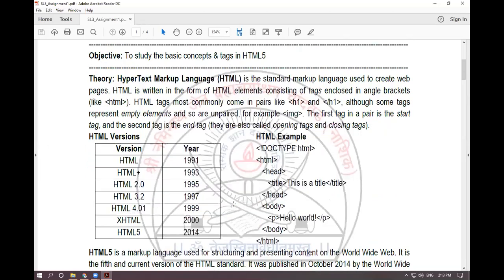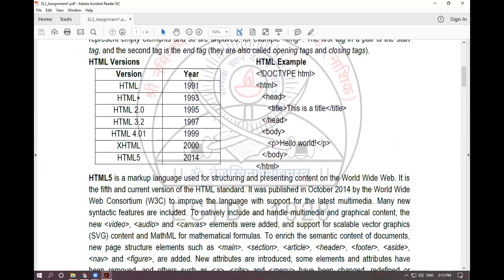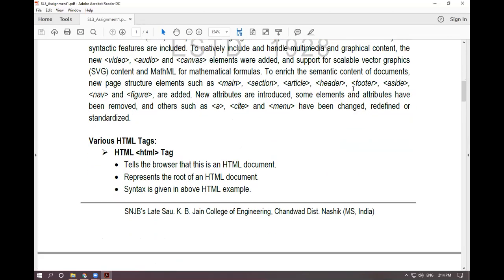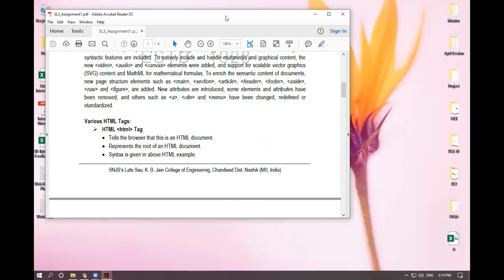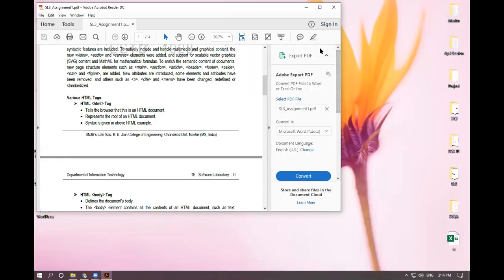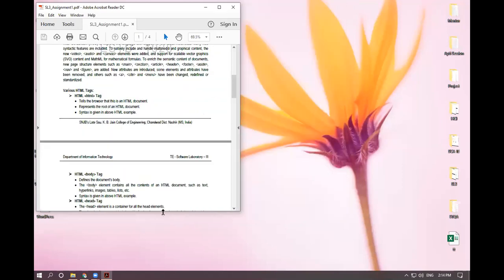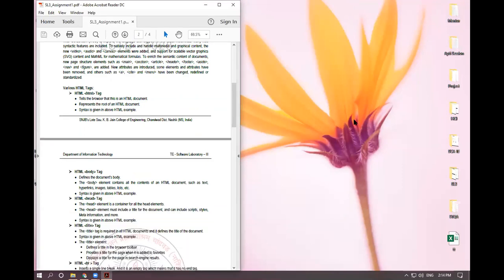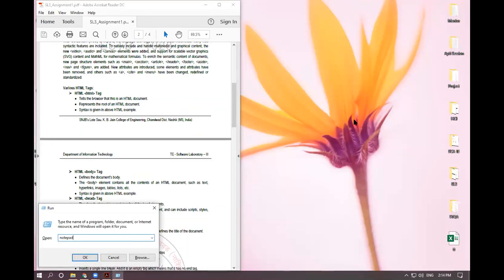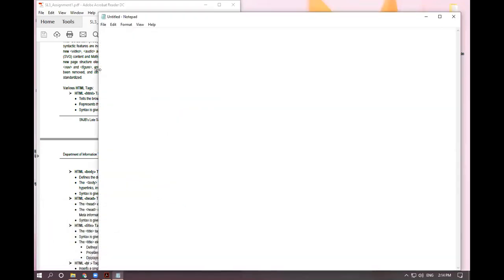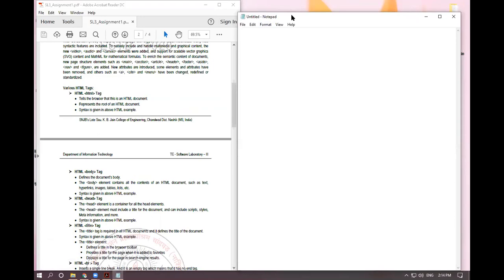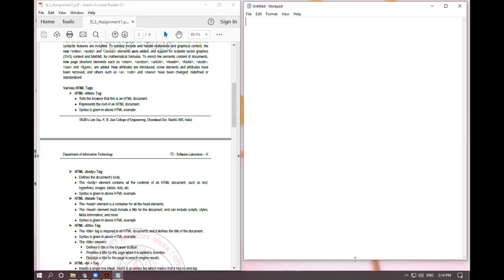If you go through the manual, you will get the theoretical part about HTML and its versions. So let's start with the actual implementation of assignment number 1. In this I am going to show you how to implement it. You have already gone through this part in your internship, but still let's see. I hope the screen is visible to you. Let's start with the assignment.